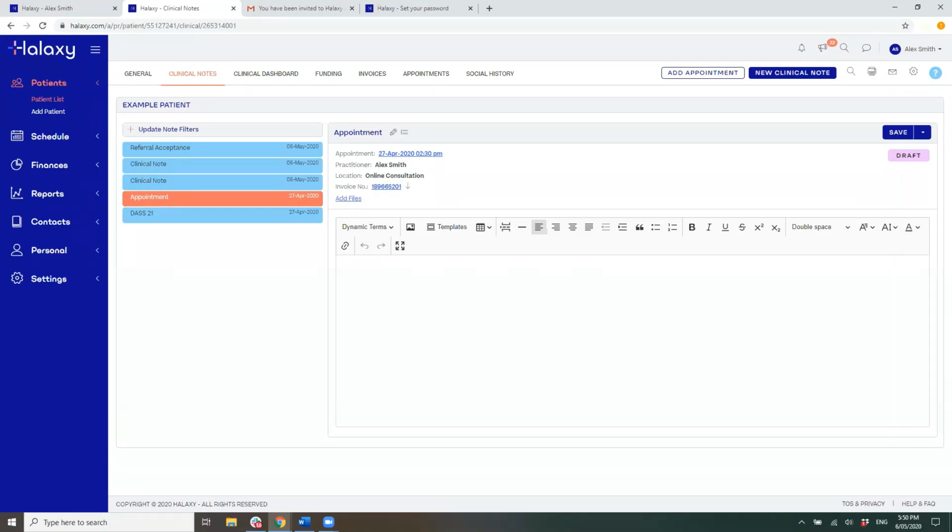Okay, so let's move now into processing payments and rebates automatically and sending invoices to patients at distance. So we're going to move into here. So you can process and receive payments online via Halaxy very easily. And I'd say in terms of the features we provide regarding payments, hopefully it makes running your practice as easy as possible as well. So your Halaxy can process credit or debit cards, which covers almost every account type in